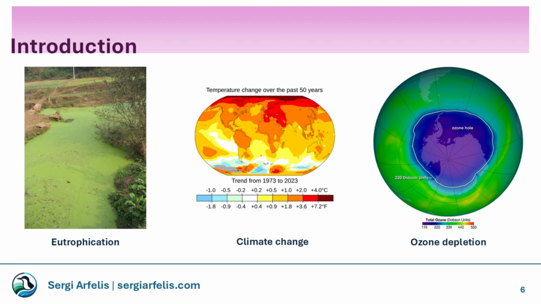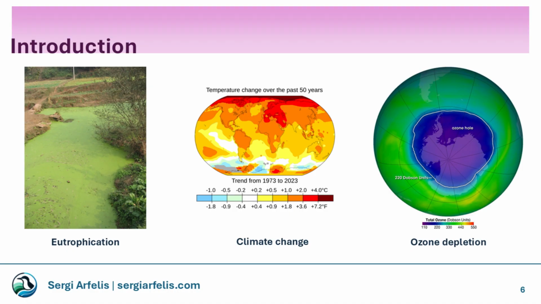This issue is mainly caused by chemicals such as CFCs, which were used in refrigeration and manufacturing. Although many of these substances are now regulated, LCA helps companies assess the impact of chemicals used in their products and avoid substances that can harm the ozone layer. By using LCA, companies can identify and address these environmental impacts, reduce regulatory risks, improve resource efficiency, and strengthen their